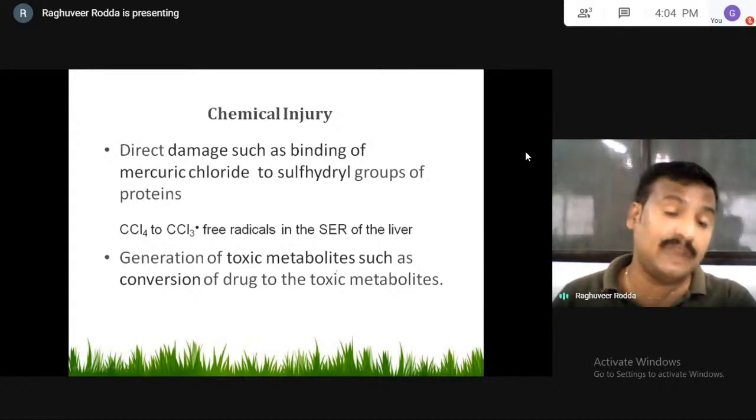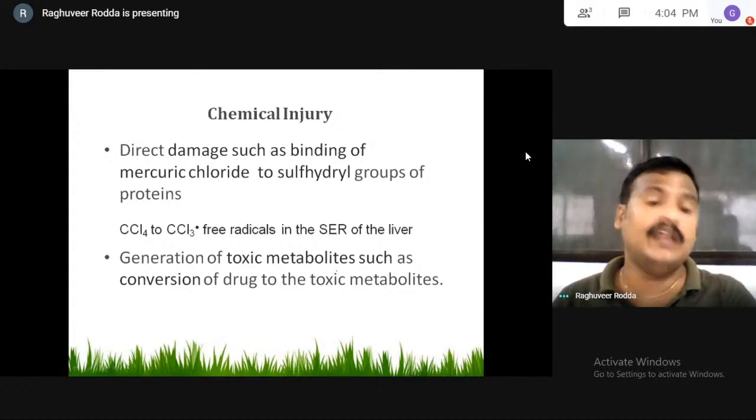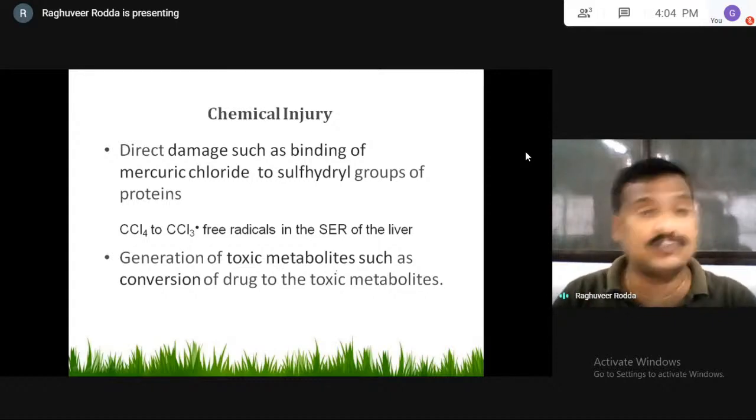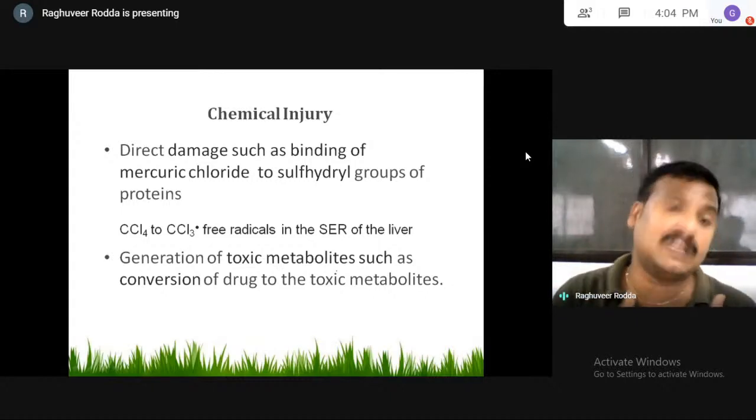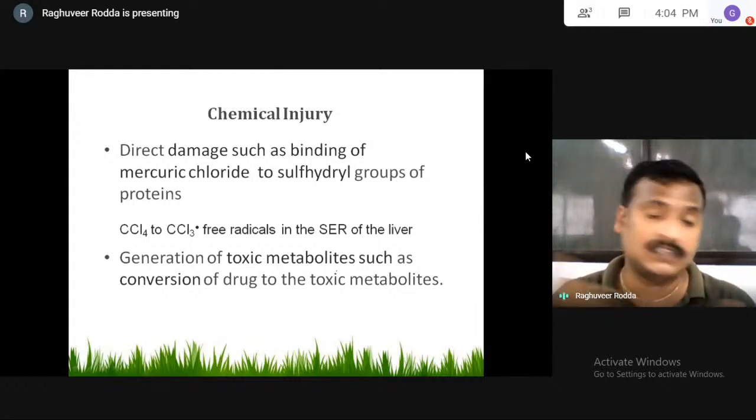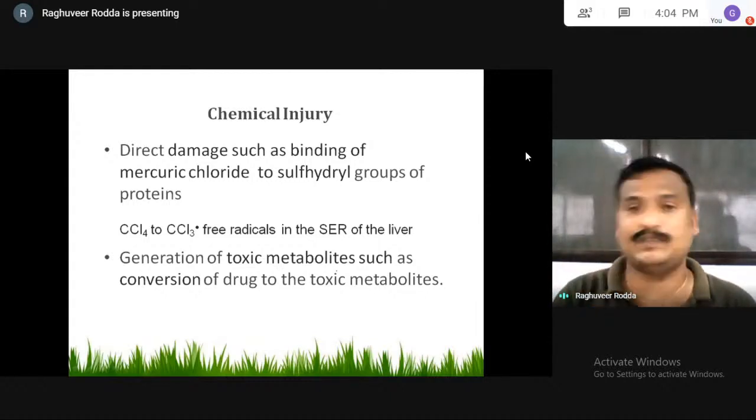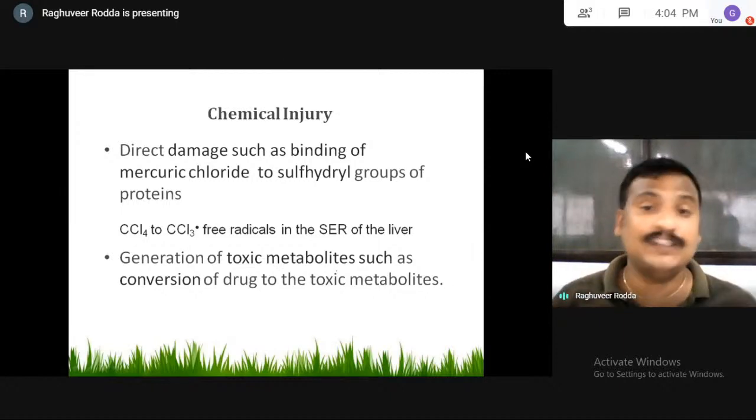And mercury chloride is a heavy metal. It is going to bind very strongly with the help of covalent bonding or coordination covalent bonding. The mercury will permanently bind to the sulfhydryl groups of amino acids or sulfhydryl groups of various protein substances, where there is no dissociation,